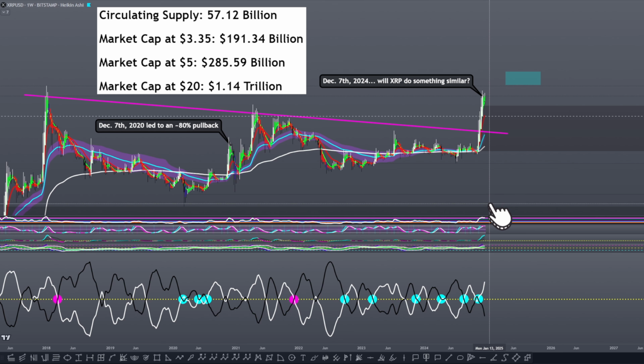Now, 4 years in general is a cyclical rule of thumb. I mean, Bitcoin typically, even the halvings are happening approximately every 4 years. That 4-year period of time seems to be very important for Bitcoin, and because it's important for Bitcoin as the prime mover, it becomes a general rule of thumb for many of the altcoins. So, will we see something similar? I'm going to go over this in another dedicated video over the next week or so. I'm going to try to get it out sooner than later, but it's currently still looking relatively similar, zooming in on lower time frames, to the way it looked on December 7th of 2020.